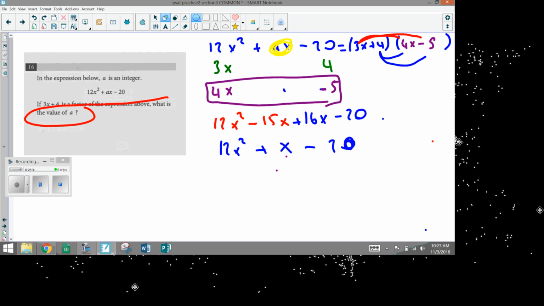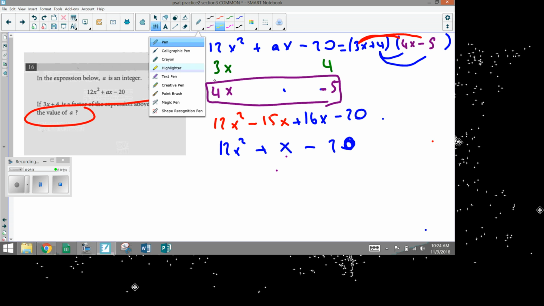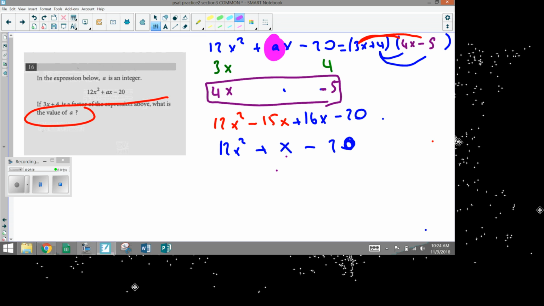And so we have 1 here, correct? Here is 1. So a and 1 match. By the way, you're learning that when you combine the colors, you get another color. So a is equal to